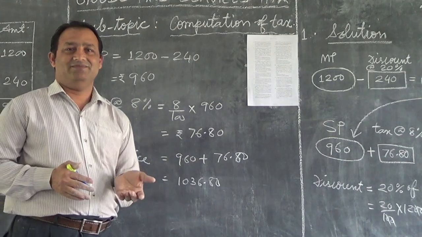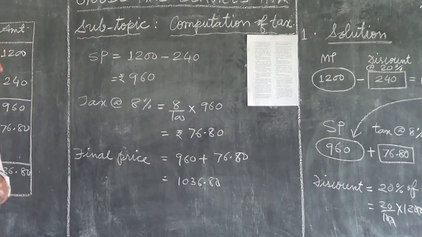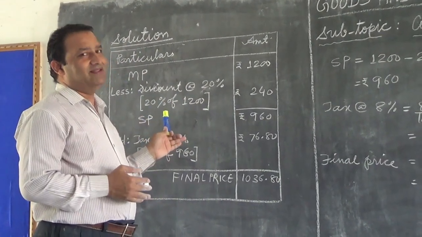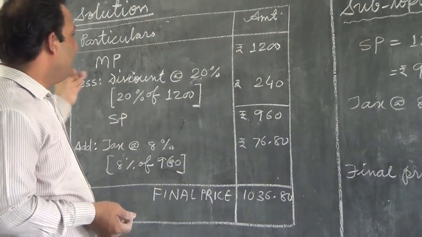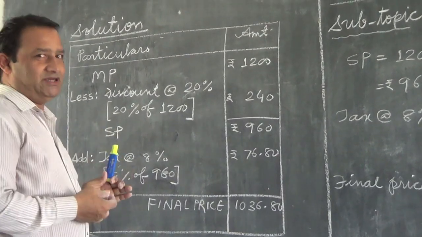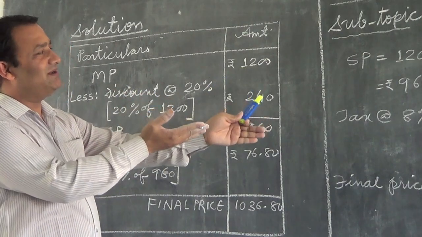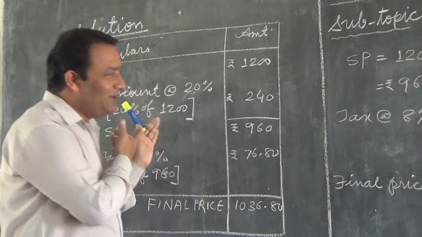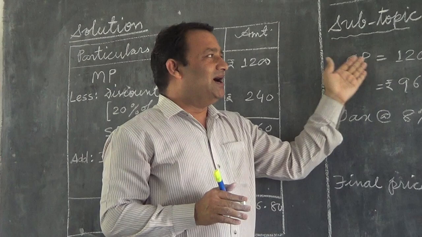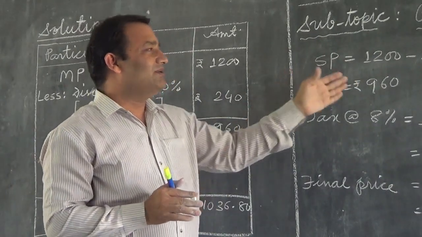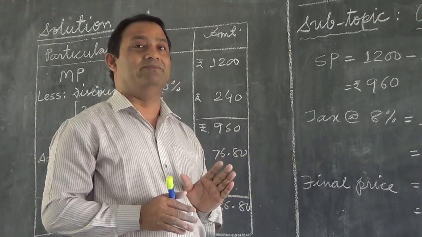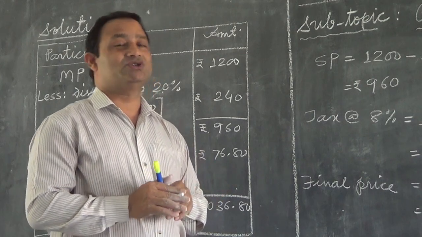What I want to say is that this method looks decent. This is a decent solution. In the examination, when you present your solution, the examiner will be happy to see it in the tabular format. Otherwise, you will get full marks for that method also, for this method also. Even if you don't follow any of these methods, you can write, given the mark price is this much, discount equal to this much. In statement form also, if you write answers, full marks will come. So it depends upon your choice.